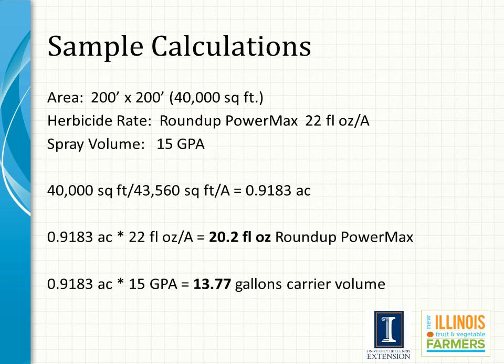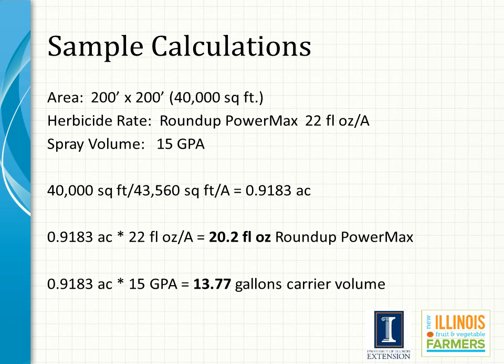Now let's move on to a slightly different situation. Say you have an area that you need to spray that's 200 by 200 feet, or 40,000 square feet. You want to spray Roundup PowerMax at 22 fluid ounces per acre, and the output of your sprayer is 15 gallons per acre. What do you need to do to figure out how much herbicide you need? Well, first of all, you need to figure out how much of an acre it is that you're spraying. So to do that, we know that an acre is equal to